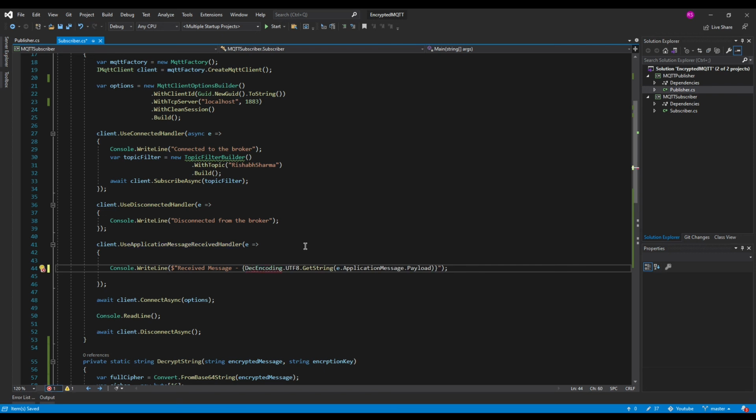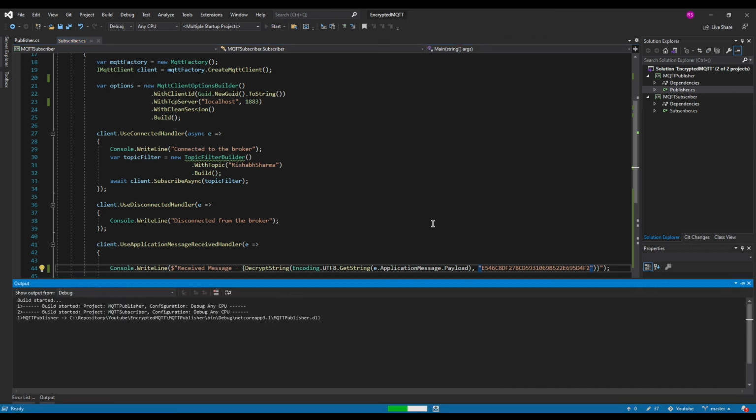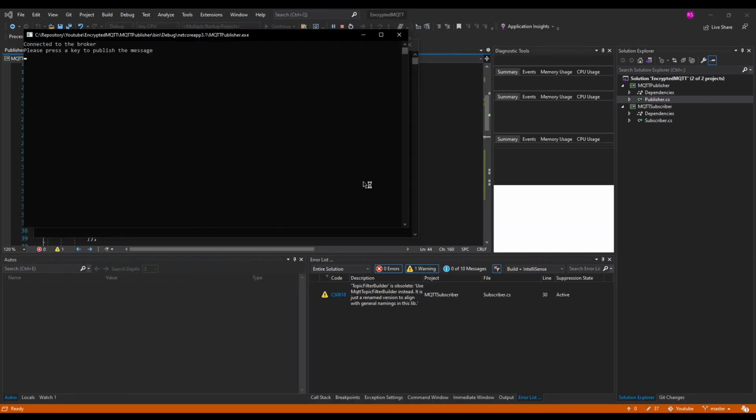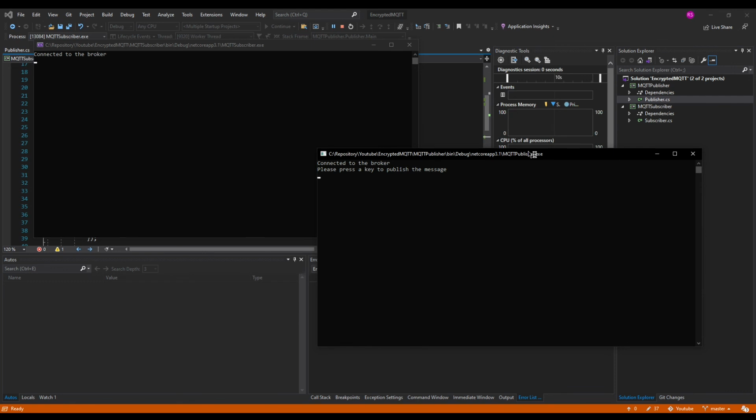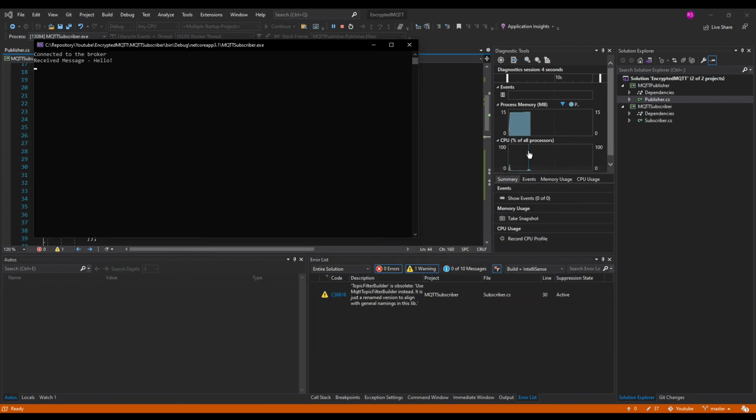So we will just call the decrypt string method and pass on this payload along with the encryption key. Now when we try to print the same message, from here we will publish the encrypted hello, and at the subscriber's end we are receiving the decrypted message.